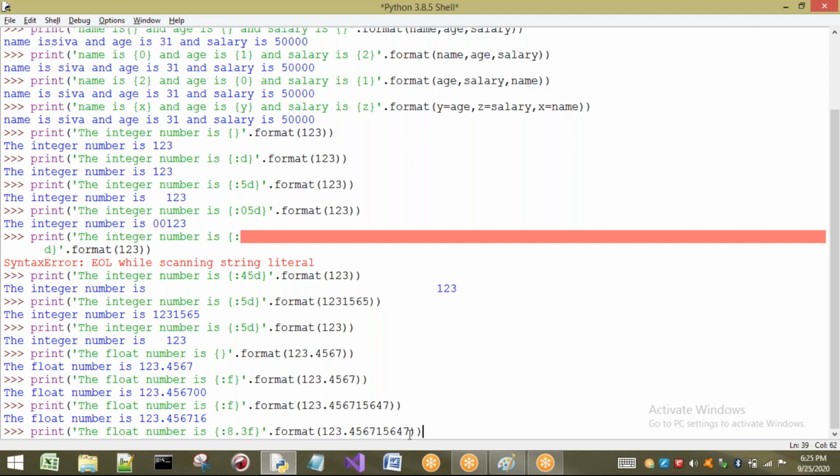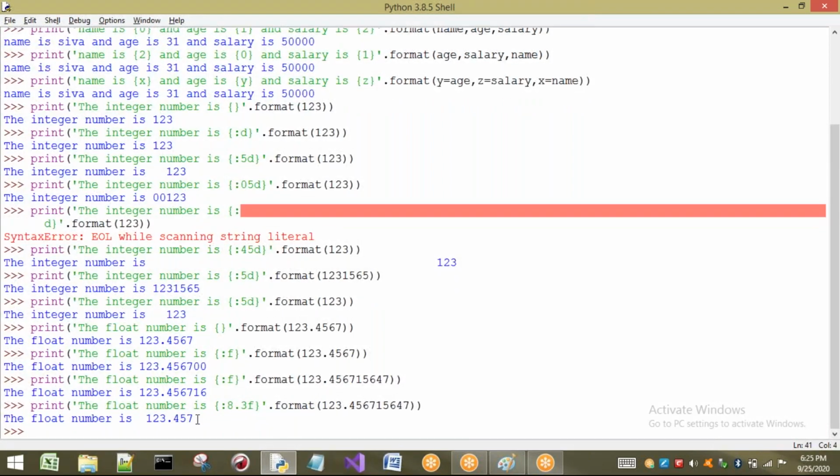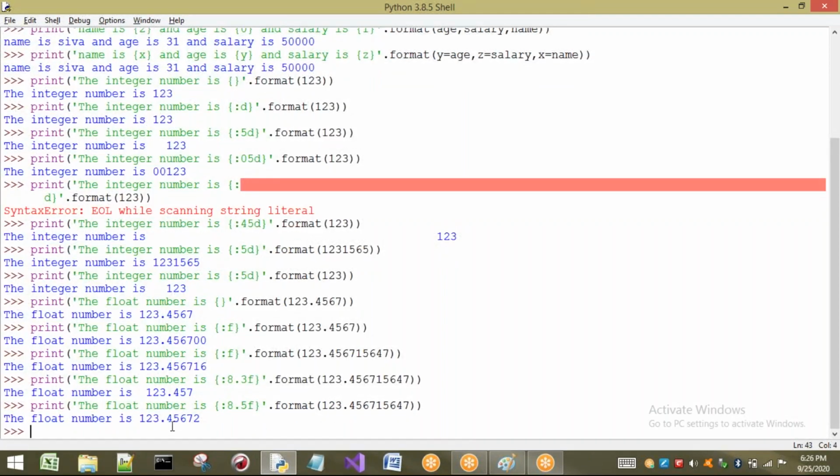But see what happens if I print this one. How many did we get here? We got only 3 because of this 3. Because of this 3, I got only 3 decimal points. Once again, I will change the value and show you. Let me change it to 5, for example. So the output will be what? 5 values it is going to take. If you do not give a value after the point, by default it will be 6.